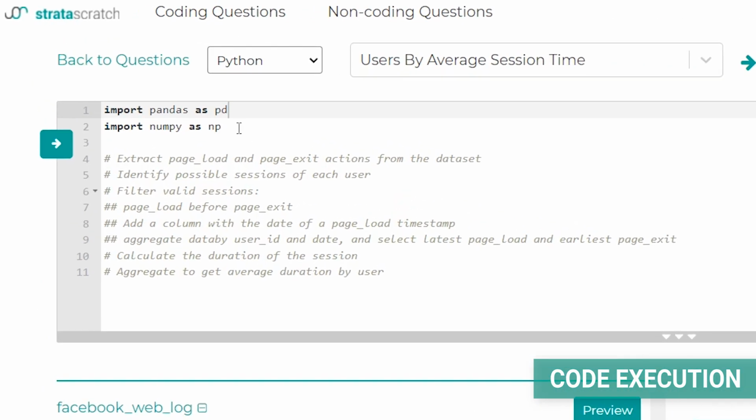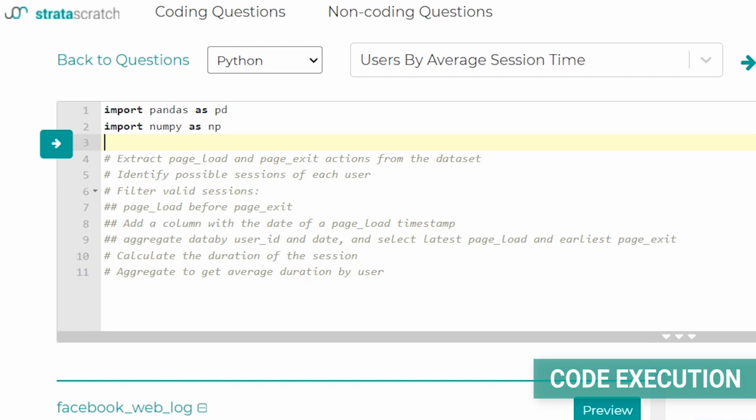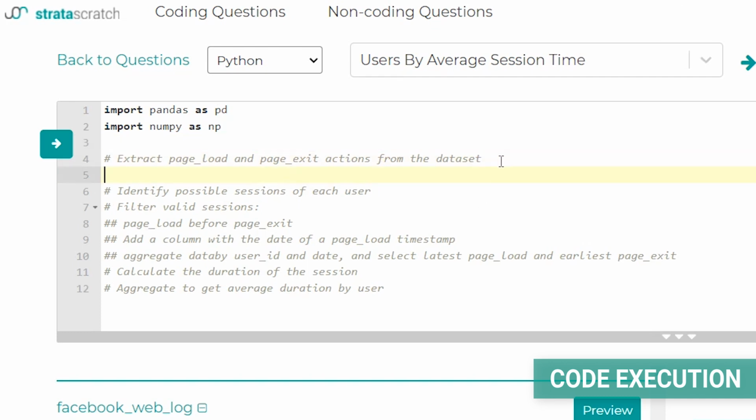And as you can see, I already imported some libraries that will come useful. Pandas is the popular Python library for manipulating datasets, and NumPy offers, among other things, mathematical functions and was specifically needed to take the average of session durations in the final step. But let's start with the first step, and the first step is to extract page load and page exit actions from the dataset. So I will actually create 2 copies of the original dataset, 1 per each of these